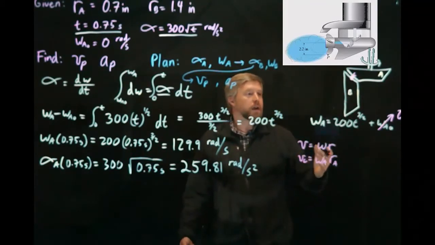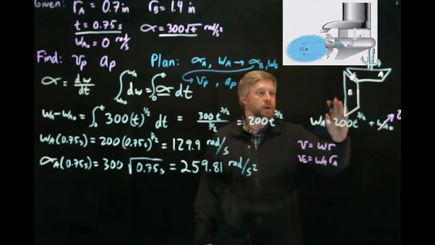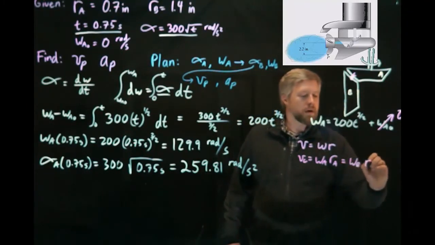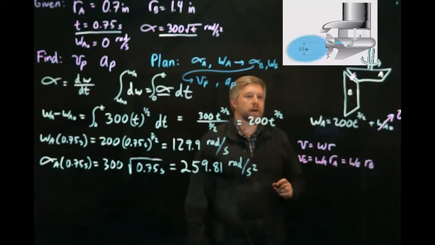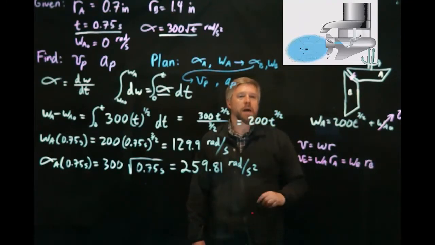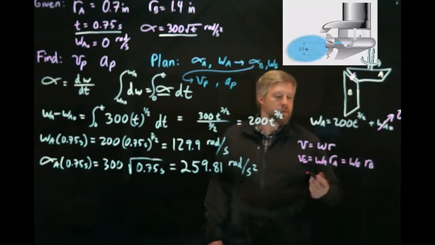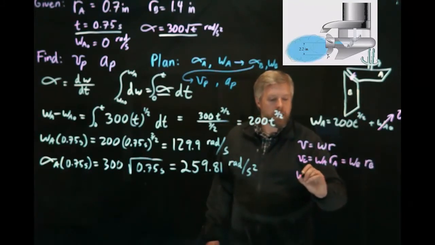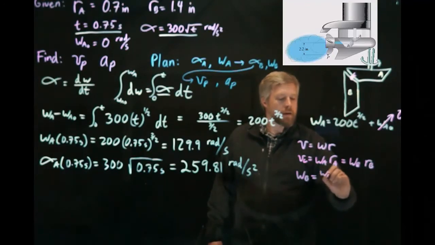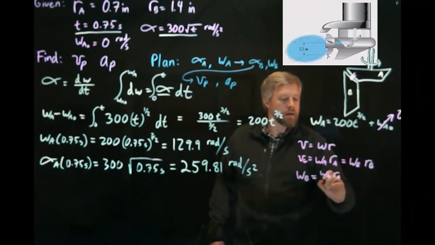Then if I look at the same thing, the velocity of point C, but I look at the B gear, that's going to be equal to omega B times RB. So we have this simple equation, omega A RA equals omega B RB. We know omega A, we know RA, we know RB, so we can solve for omega B. Omega B is going to be equal to omega A RA over RB,